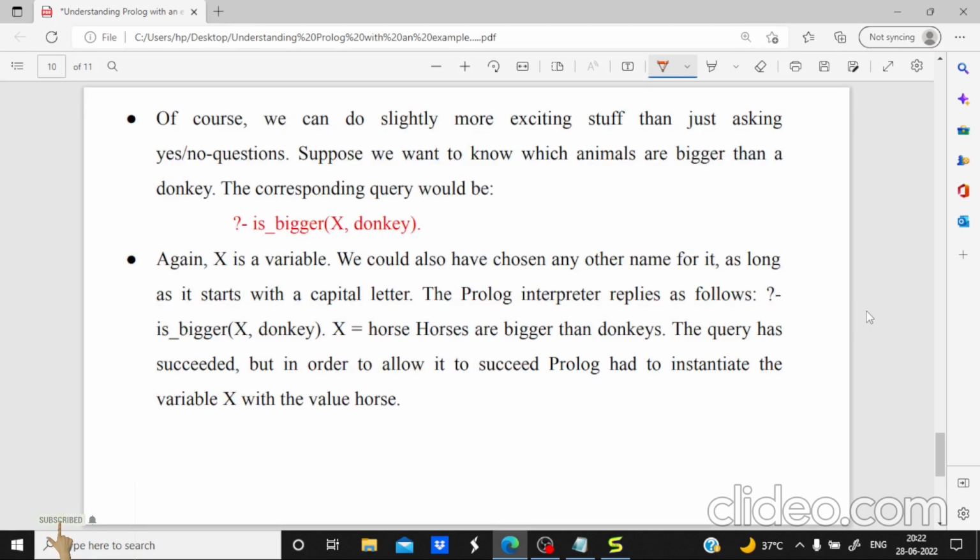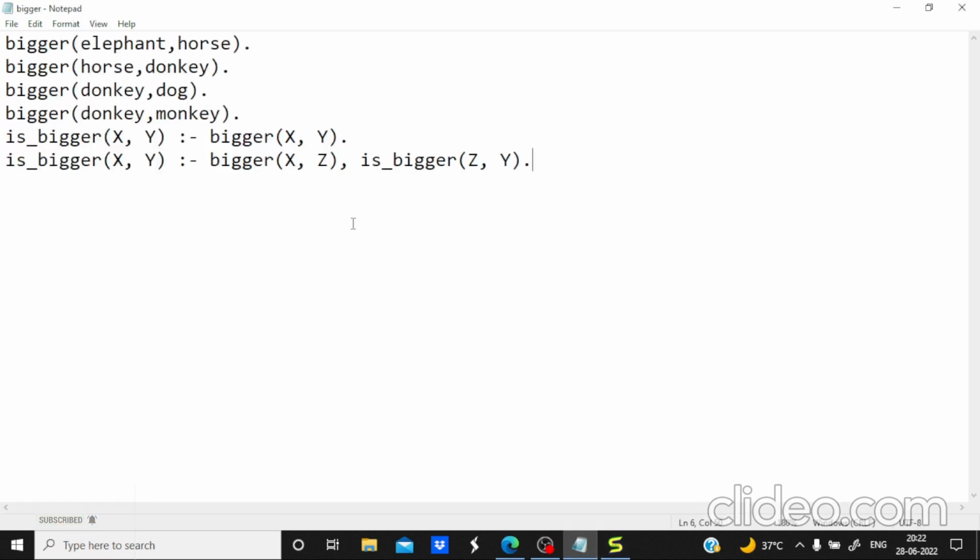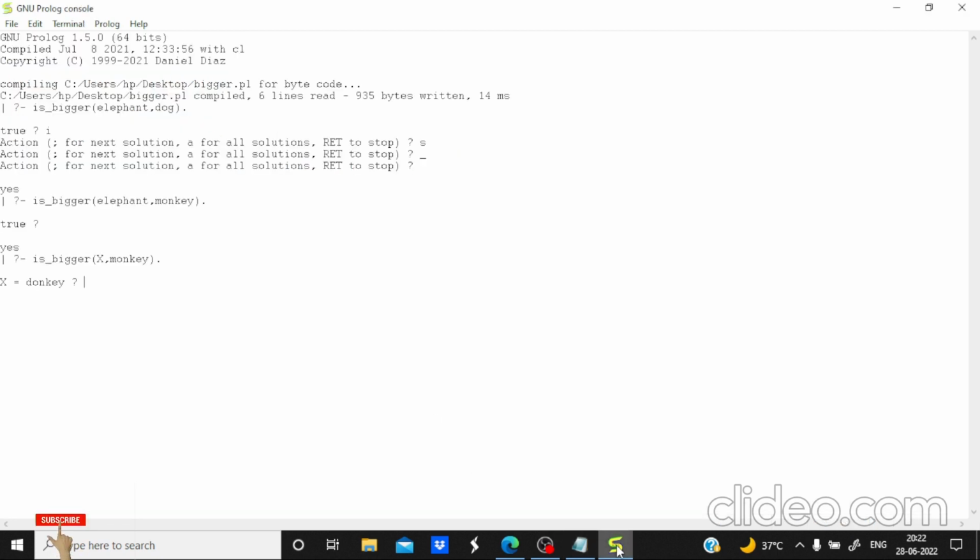There is nothing much here. We just have to make a simple change in our program. So here we are going to write is bigger, and we are going to introduce a variable like X. You can take any variable, and I want to know the animals which are bigger than monkey. Let us take an example. Okay, and a period. So you will see donkey. So in our program, donkey is bigger than monkey, that's why it is showing donkey. Now, if I want to know all the elements which are bigger than monkey, so what I need to